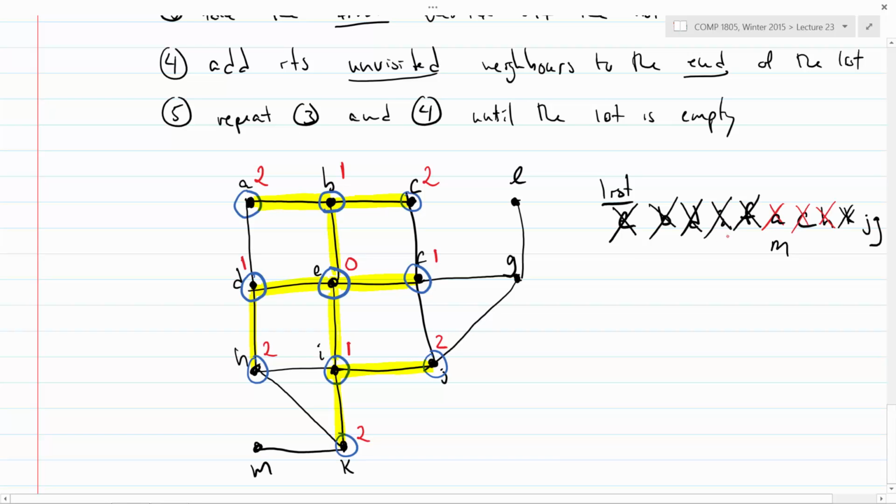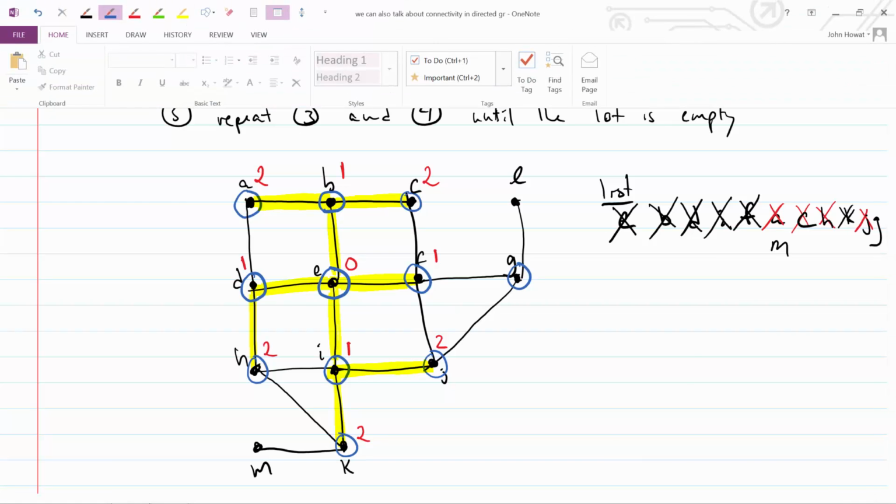No, I have an I here and an F there. Yeah, it is a little bit hard to see the way I've crossed them out. Okay, so continuing on. I already have a G, so I don't need that again. So now I take my, oh, sorry, I just did J, so that's done. Now I go to G. G's right here. Whoops, wrong color. G's right here. How did I get to G? Right, I got there through F.